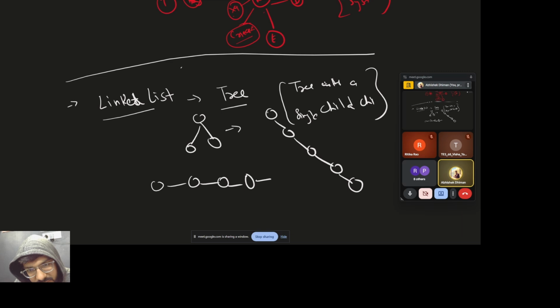Here is a root. A root has one single child. Then this is a root. Then it's a single child. Then again single child, single child, single child. So we call it